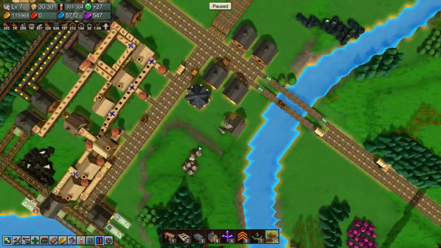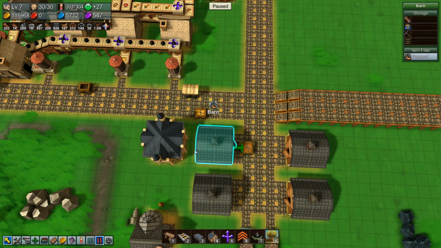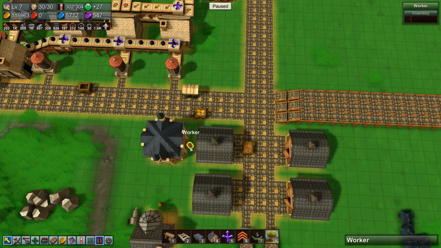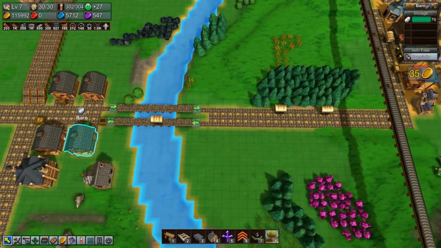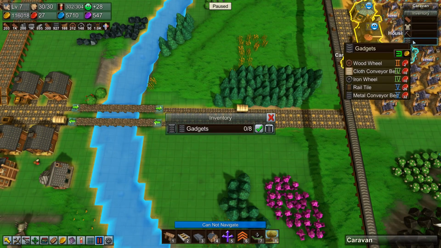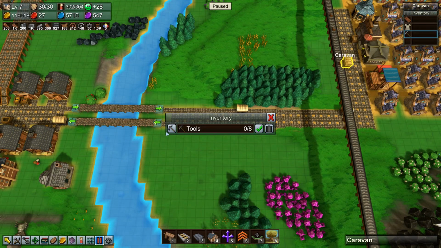No. Oops. Okay. Get a worker, and then we won't cancel it before we put it down. There we go. You take rail ties, put in there, because you are going to be filtered to the... If I unfilter you completely,